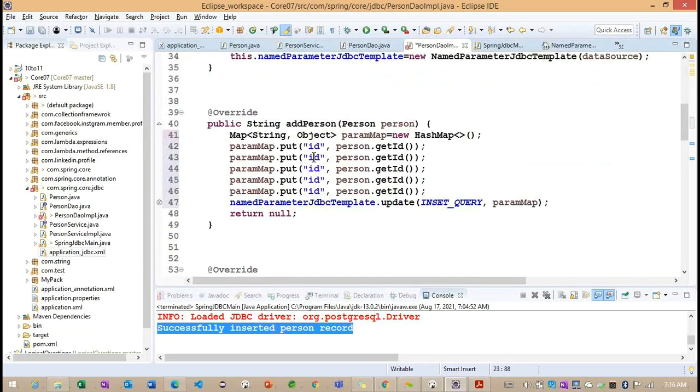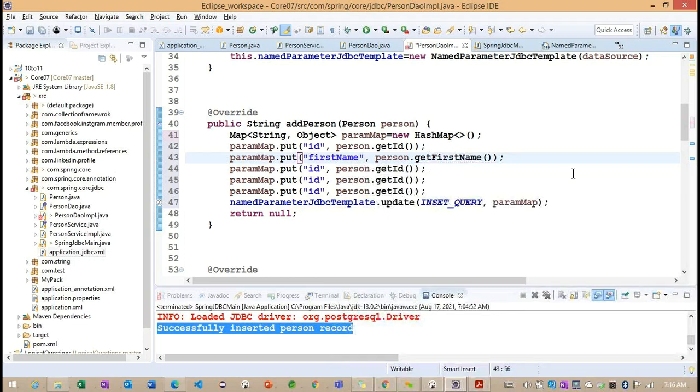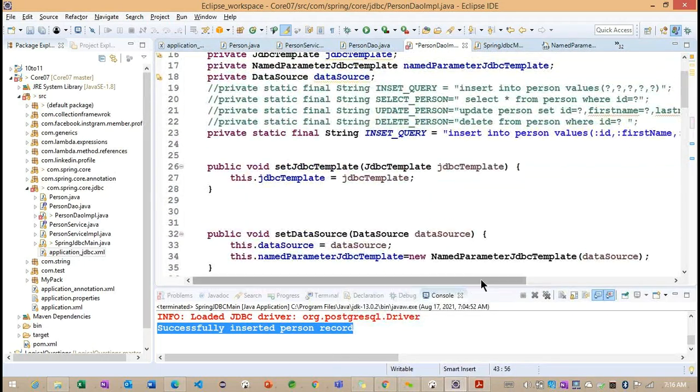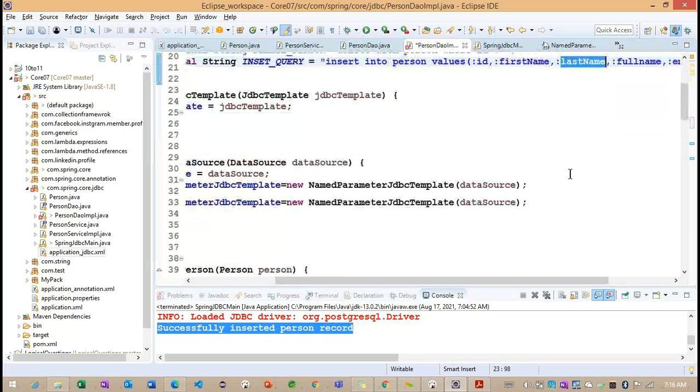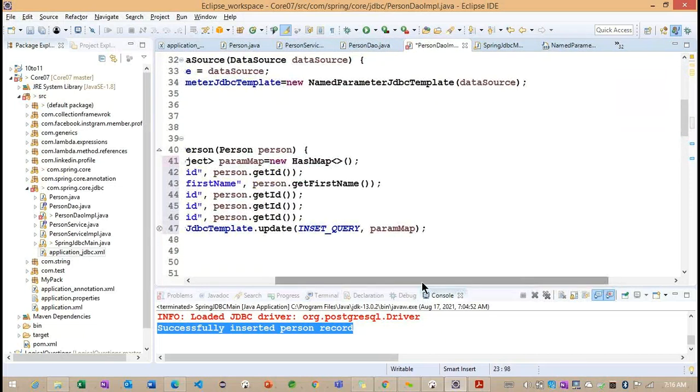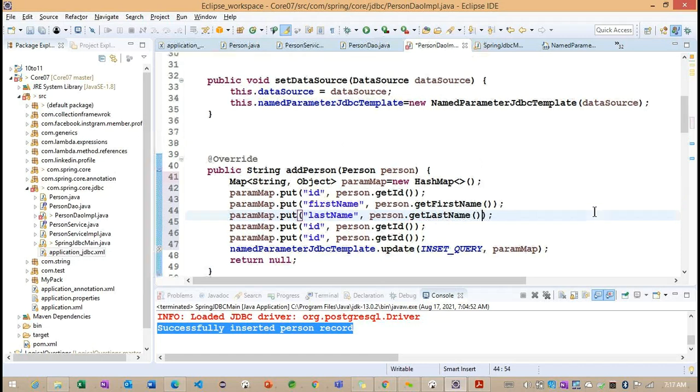Now observe, instead of the second column ID, I'm changing to the first name, get first name. And so we can go for the third column, last name.